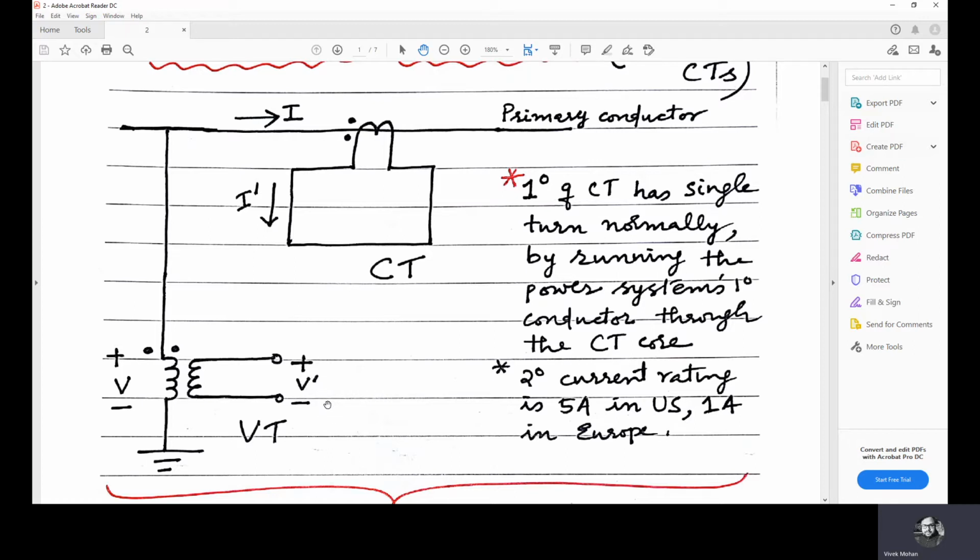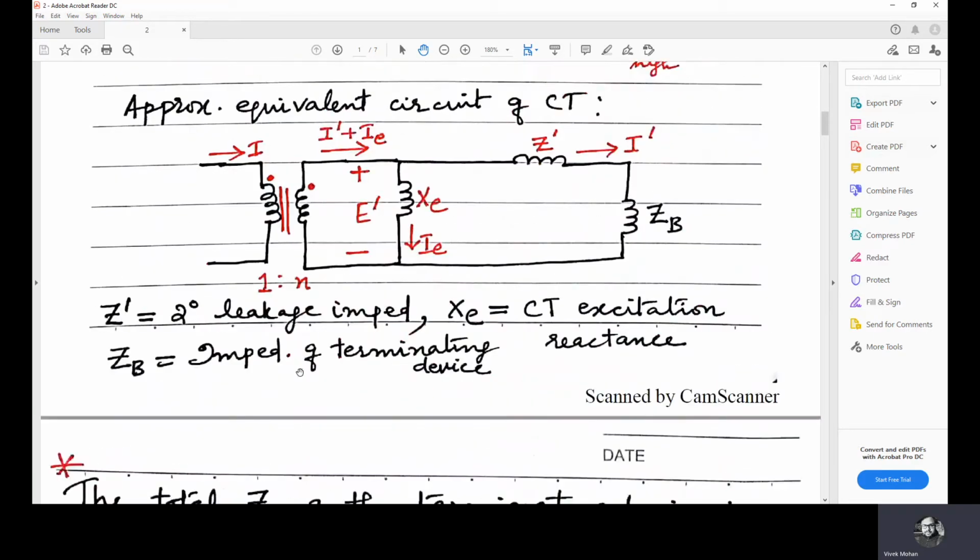So in the practical model, the secondary voltage divides across two impedances: the high impedance sensing device and the VT series leakage impedance. The VT series leakage impedances are kept at a very low level to minimize the voltage drops, because ideally there should not be any drop, but practically there is a drop. But even though there is a drop, we want to minimize it. We'll see the CT and VT equivalent circuit.